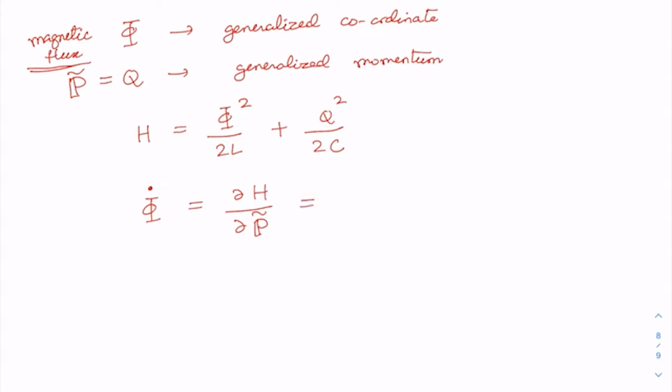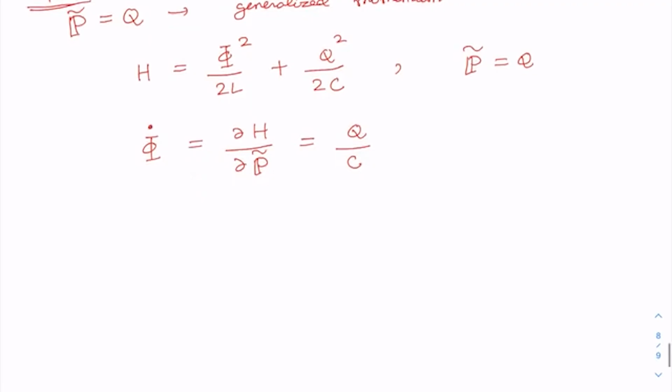So you will get it to be simply q by C, because remember here generalized momentum is nothing but charge q. And phi is magnetic flux, so it is L i dot. That is q by C, and this is correct because